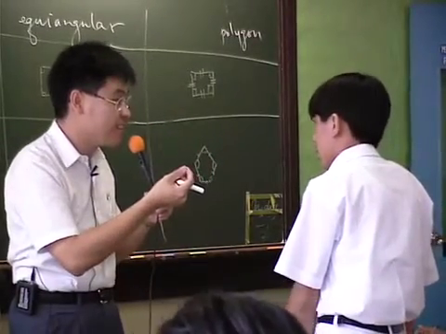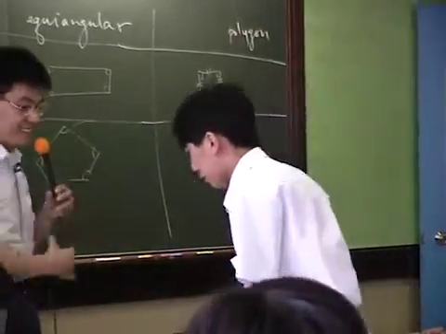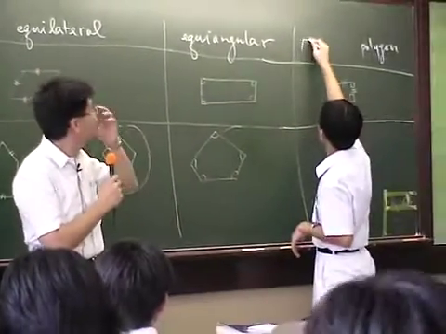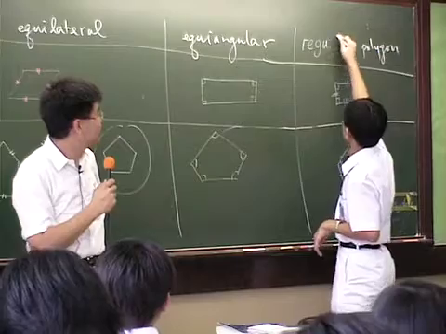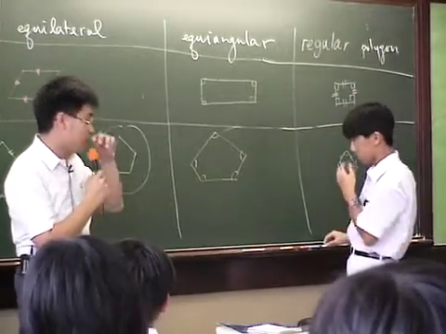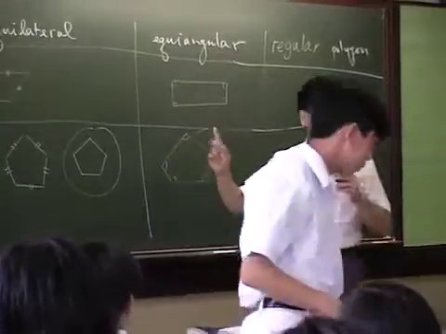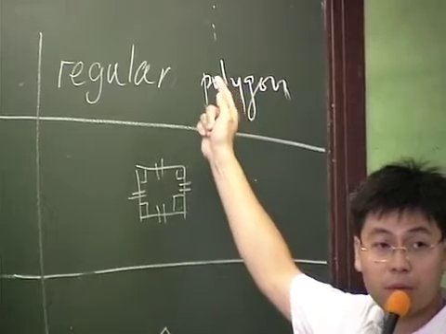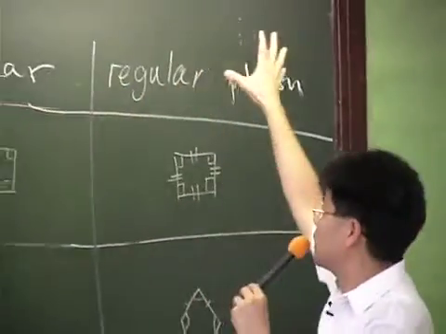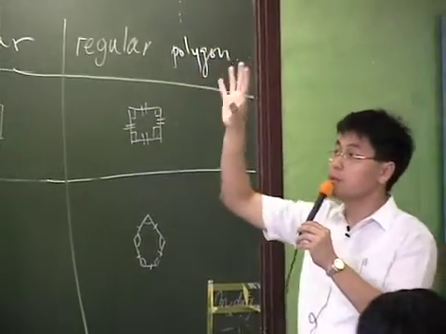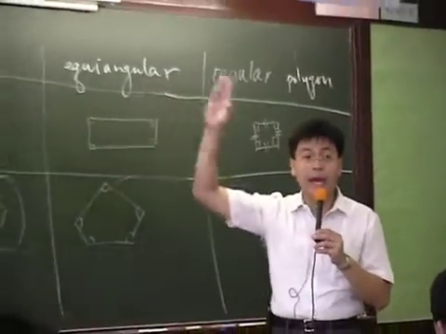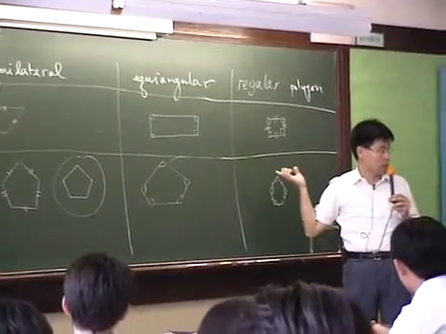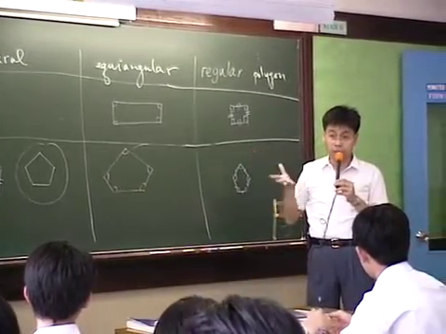Try. Or your monitor, try. Okay, thank you. Do you still remember this word? Okay, we read it together. Regular polygon. Once again. Regular polygon. Okay, what does it mean by a regular polygon? That means the polygon is both equilateral and equiangular. We call it a regular polygon. Do you still remember it? Okay. Who is on duty today? Come out and help me to clean the board.